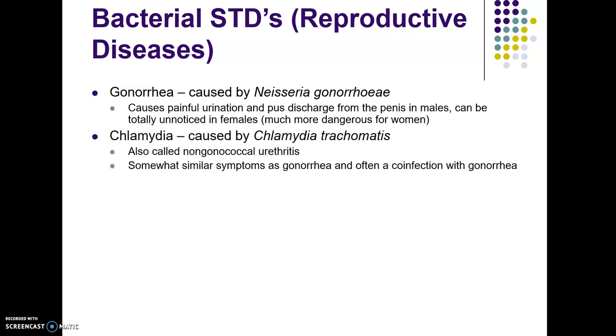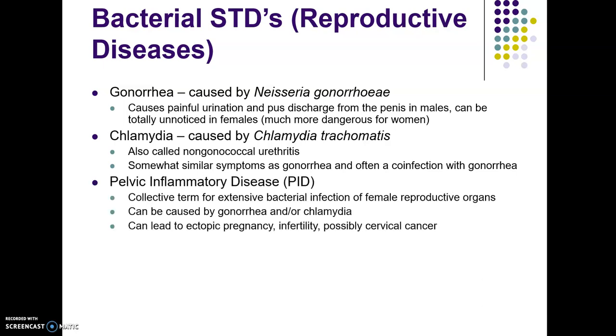not know it. Chlamydia is very similar to gonorrhea. It's caused by a different organism, Chlamydia trachomatis, which we've talked about before. The symptoms are very similar to gonorrhea. Sometimes you can have an infection with both gonorrhea and chlamydia, and they are both often asymptomatic in women and therefore much more dangerous. So pelvic inflammatory disease, or PID, this is what can happen in women if they have